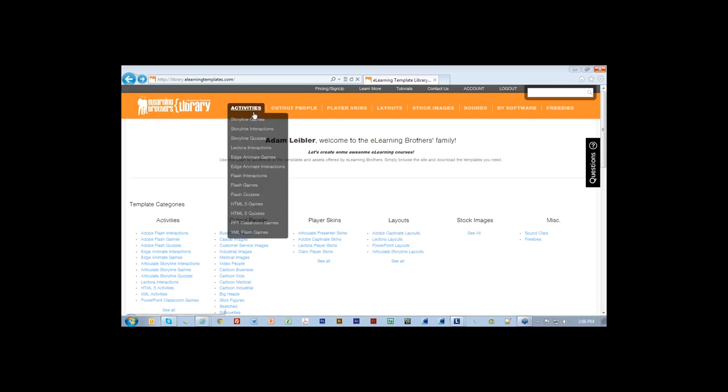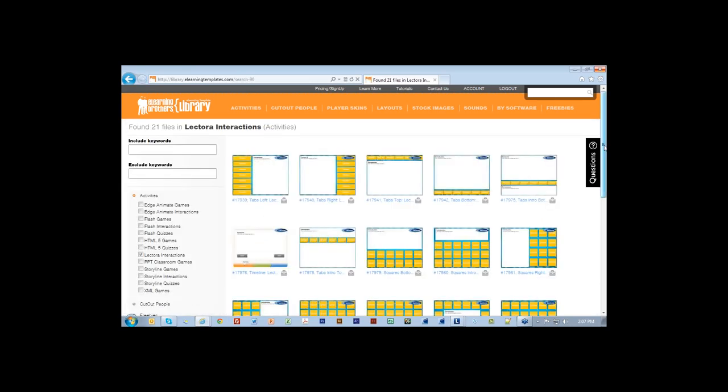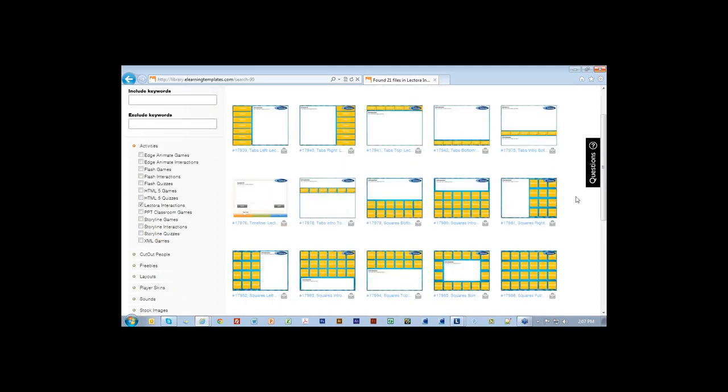And a lot of the stuff that you see under activities here and Lectora interactions, I actually helped work on or built from scratch or had a hand in. And so what I wanted to do is build on what Jeff had shown you as far as what's available and what you can do, and show you how on everything on this page, everything